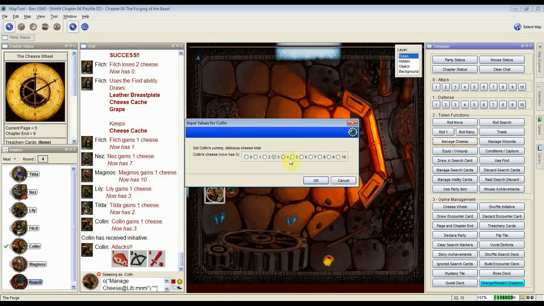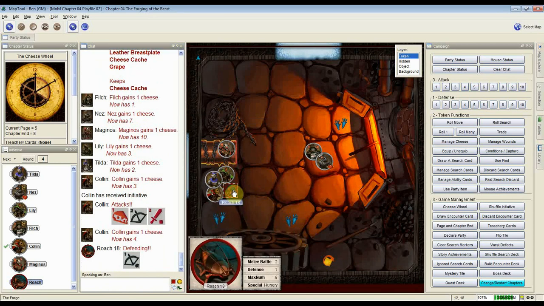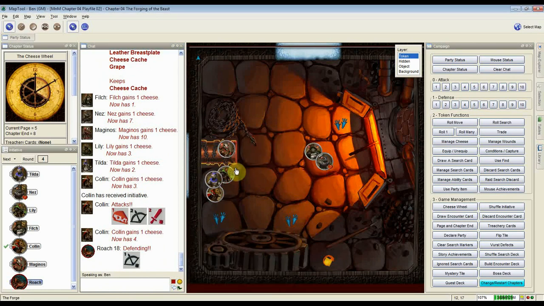He gains a cheese and only 1 hit. But it wasn't blocked, so that roach is killed. Collin stands victorious upon his corpse, and we have managed to complete Chapter 4. We got to the forge, we cleared it of enemies, we have reconnoitered and found out about the monstrosity, and we have 4 level ups coming as part of our cleanup,